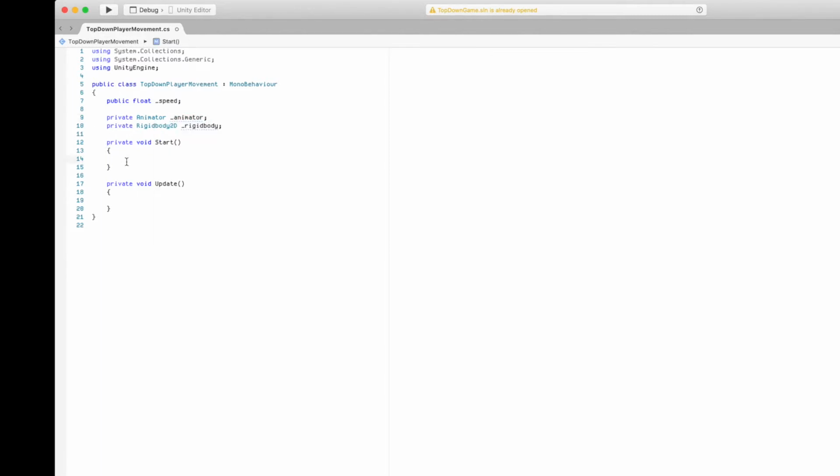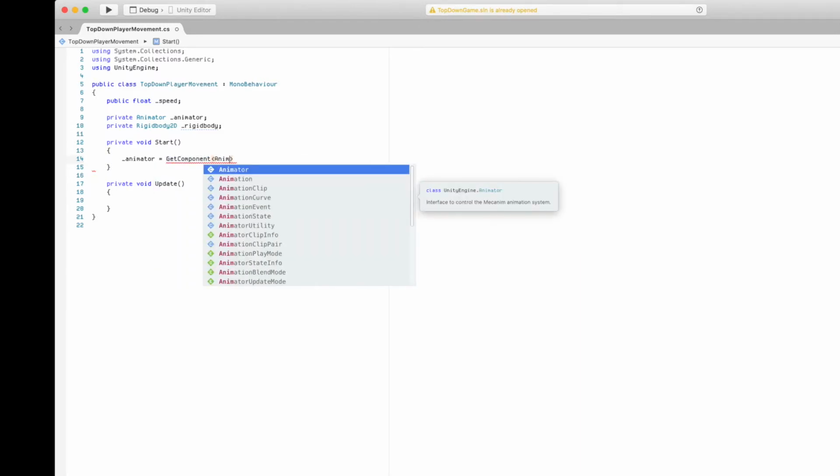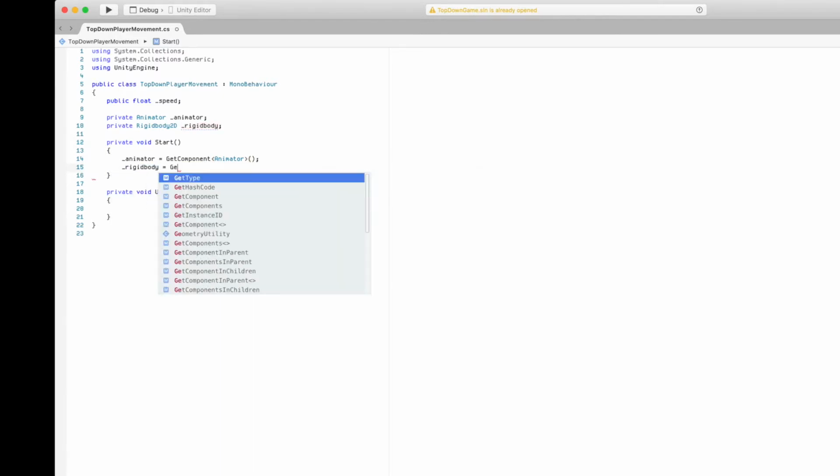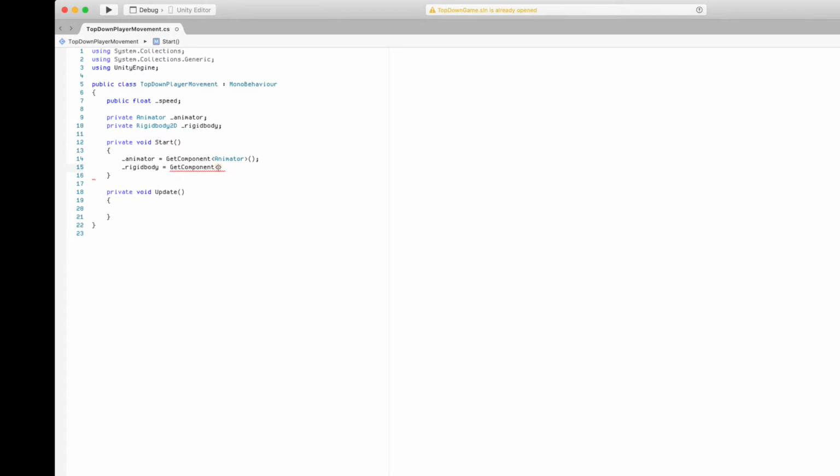And so in Unity, when we want to grab components from a game object, we use the GetComponent method, and we do this like so. So we'll say GetComponent, and we want to grab the Animator component. So we'll grab it there, and we'll do the same for the Rigidbody2D and set that up. Alright, so